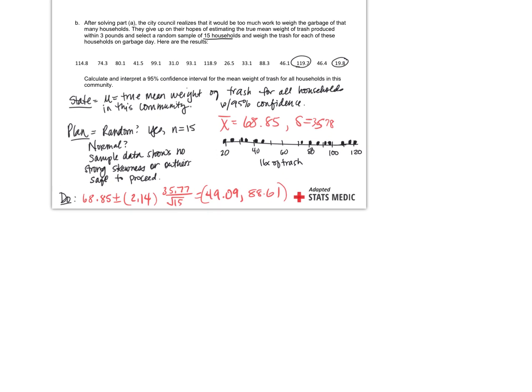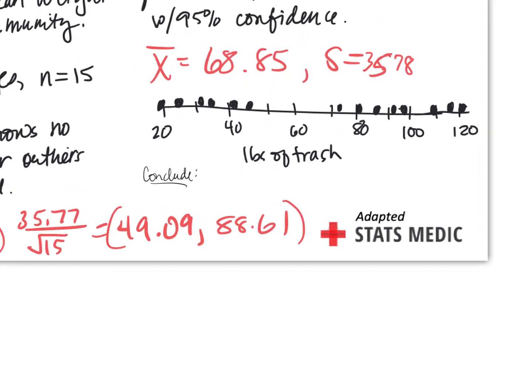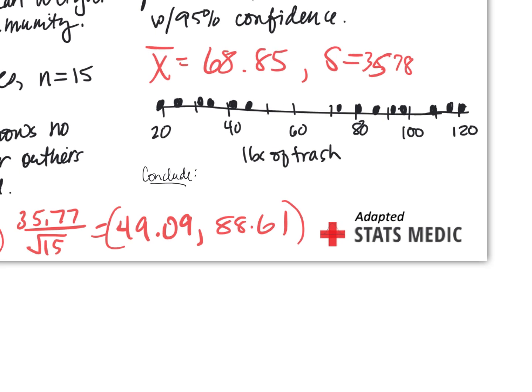So the only thing left I have to do is my conclude step. I'm going to have to zoom in really fast and write really small. So we would conclude. Sorry if your space is messed up like mine. Can you see it? Yeah. Okay. Conclude. What does our sentence start with? We are 95% confident that the interval from